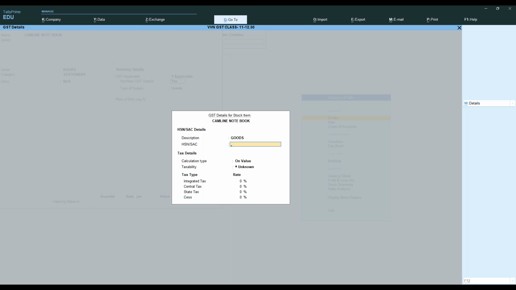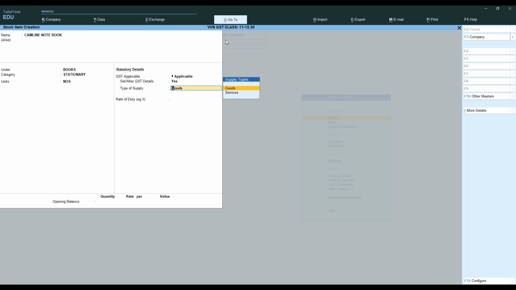Goods, I'm giving the HSN number, that is 41901. Okay, on value, taxable 5%. Okay, same procedure. There are no changes in this. Same procedure. I save it. Type of supply goods. Now, instead of saving it, what I'm going to do is I'm coming to this opening